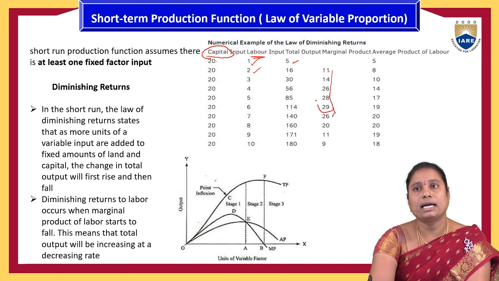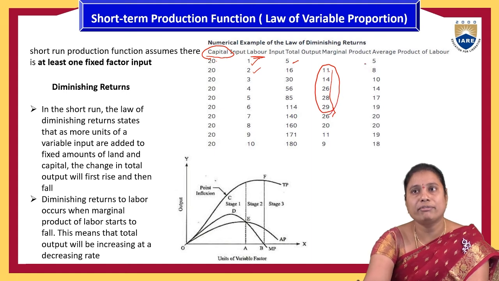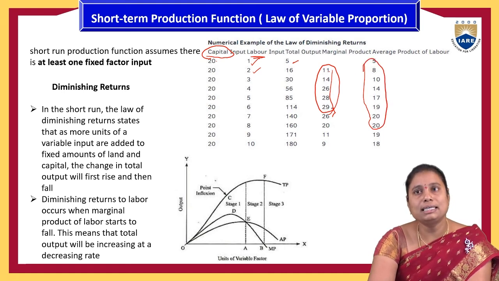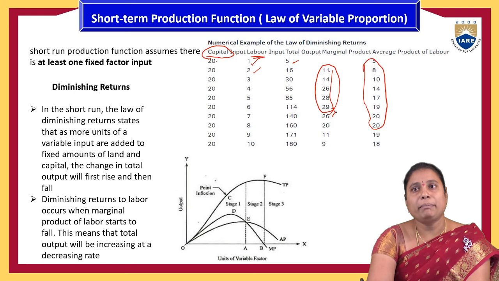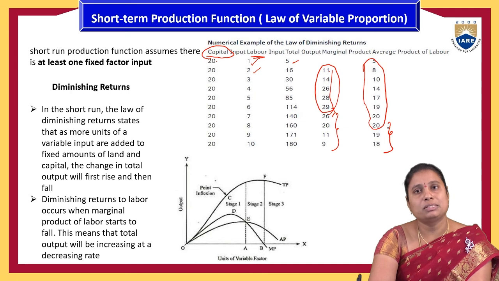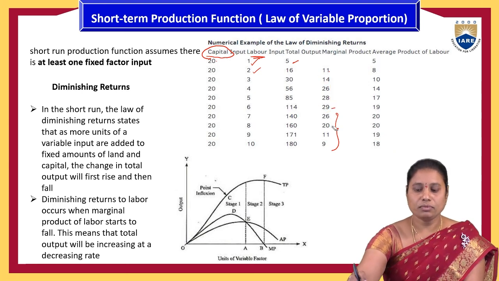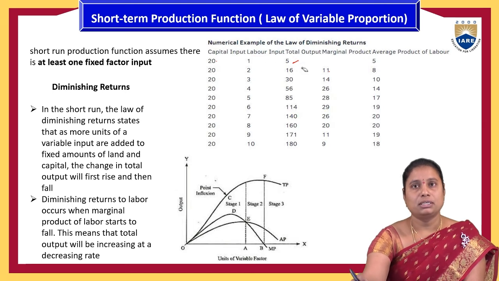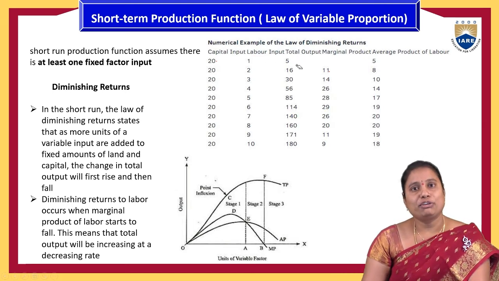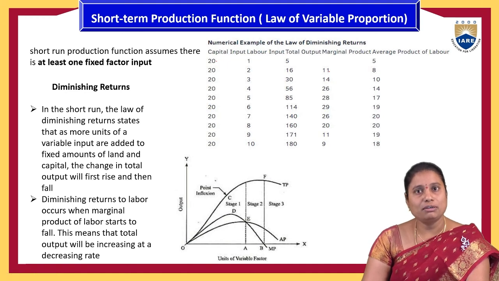With this labor input, the total output will change, and marginal production is going to increase up to 29. Up to 29 it will increase, and average production also increases up to 20. Then later it starts diminishing, because with the same capital, even though the number of labor increased, the marginal production is going to reduce. In the short term, they will concentrate more on the least cost combination of the variable proportions than the fixed ones. That kind of productional function is called the short-term productional function.